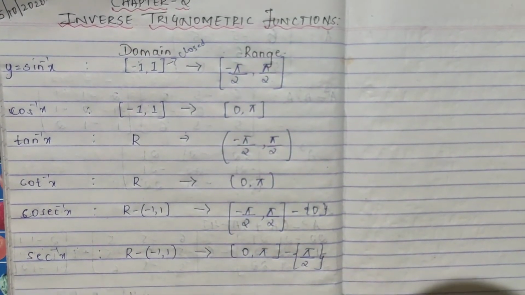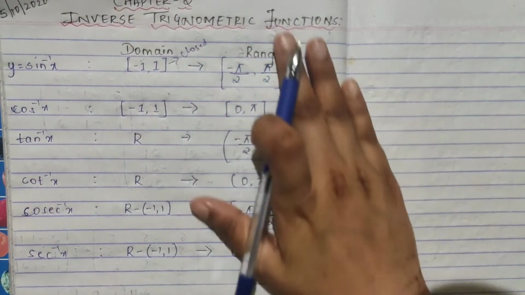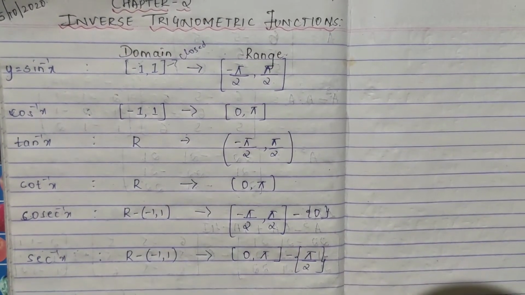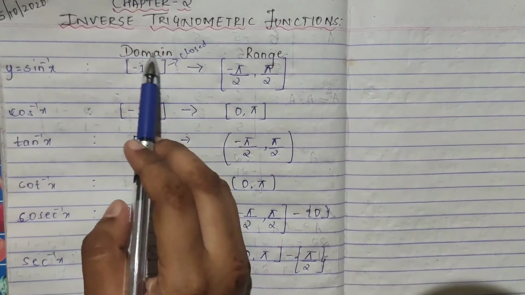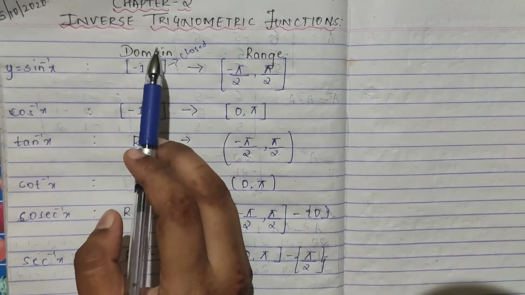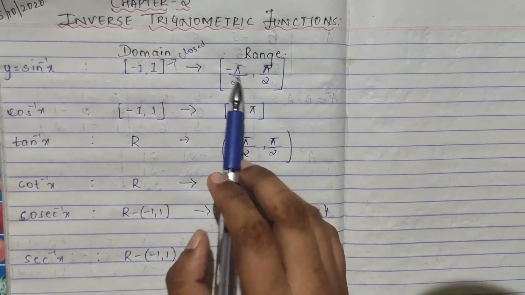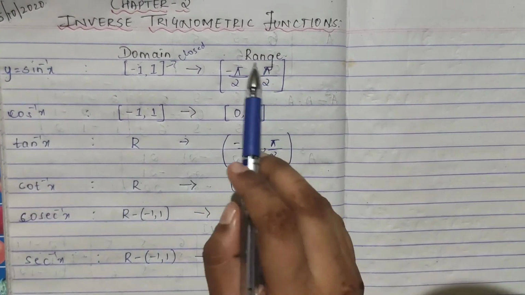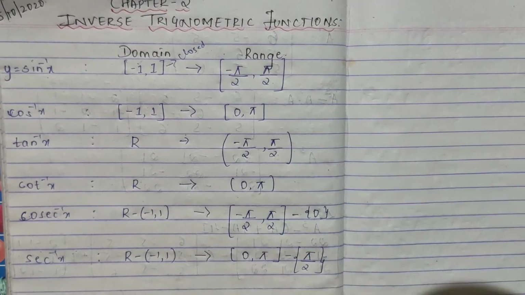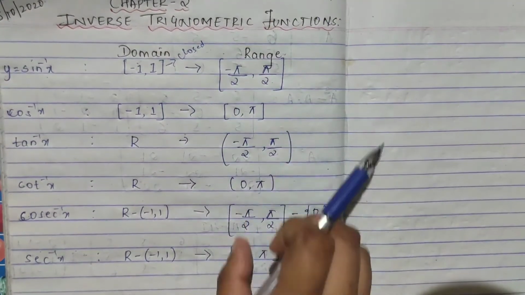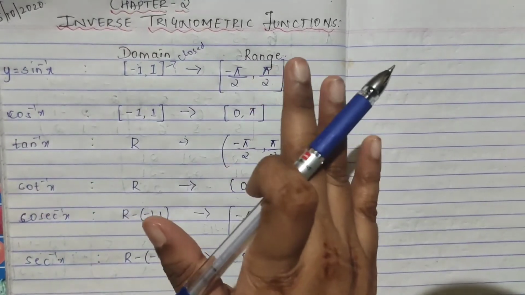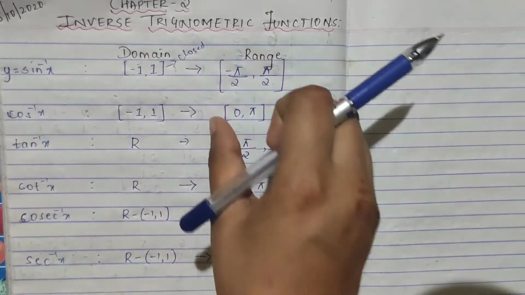We need the range part only, because this range is basically called the principal values. Domain is, as we have said, the numbers or values, and the range for the inverse function, here I have taken y is equal to sine inverse x, will be particular angles, right? We will be needing this, because whatever values we get, we have to check whether they lie in this particular range or not.